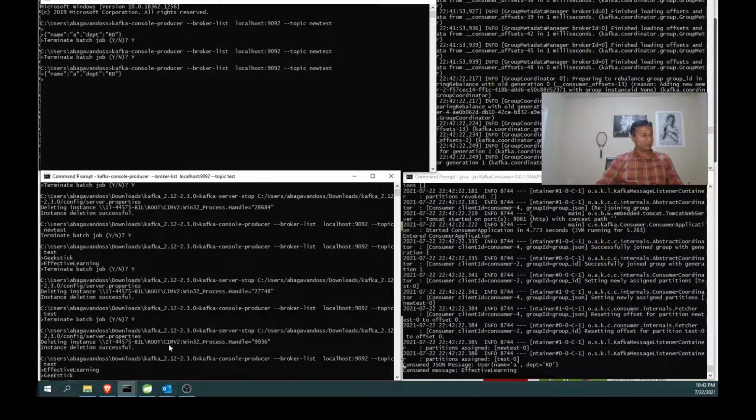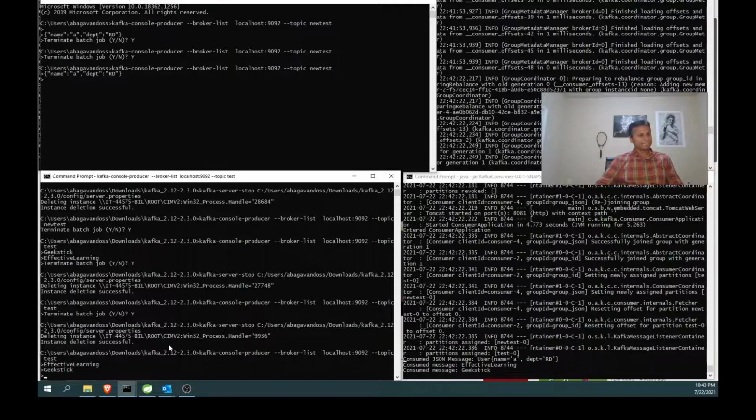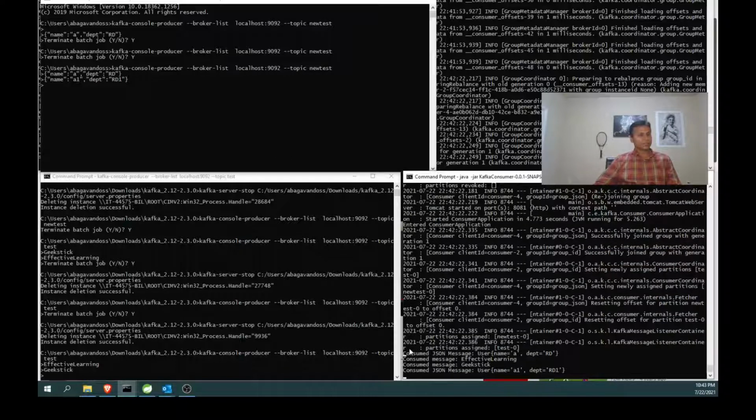Let's try once more. Geekstick. Yes. Because Geekstick never goes wrong. Now I am adding one more message over here. R&D1, A1. See, here it got the JSON message, Geekstick, consumed message.